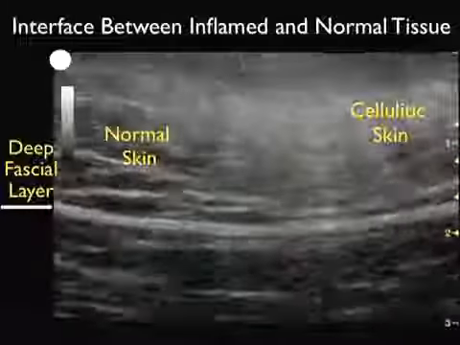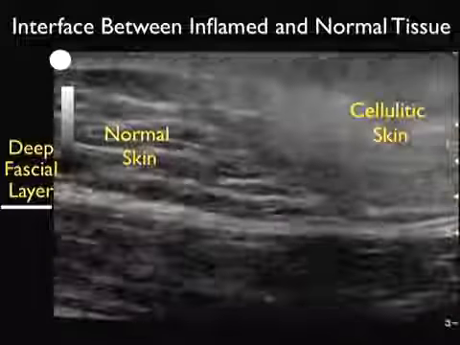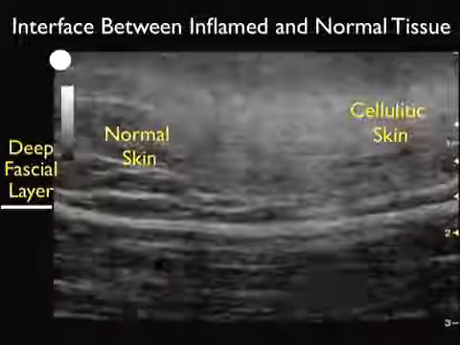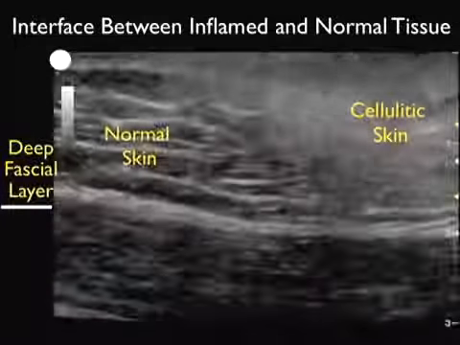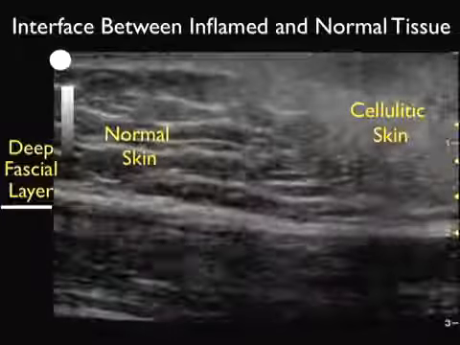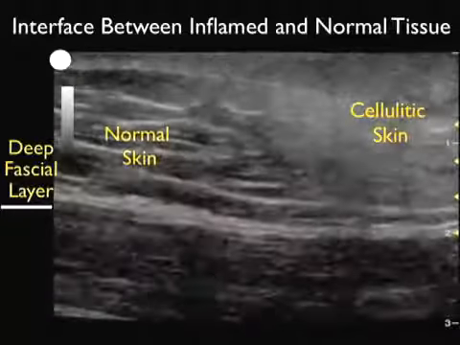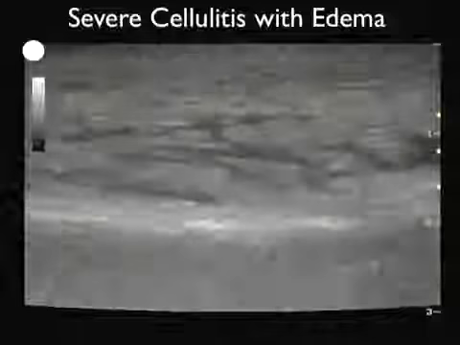And we can see there the interface curving down between the normal skin to the left and the cellulitic skin to the right. Notice also that the area of cellulitis pushes down on the deep fascial layer, so we have thickening of the fascia, which is often seen with an area of cellulitis and inflammation of the skin. As cellulitis gets worse,